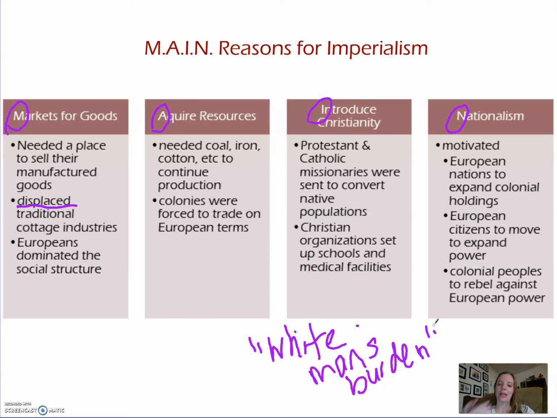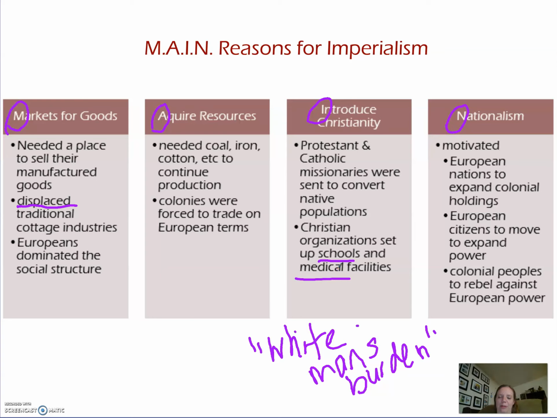And it's not all bad. It's led a lot by the Jesuits that we've talked about in the past, the Christian missionaries from way back during the Protestant Reformation. But they also set up schools and medical facilities, especially a lot of Africa, where the villages are run with the heart and soul of a missionary system that is providing education and medical services to the people who live nearby.